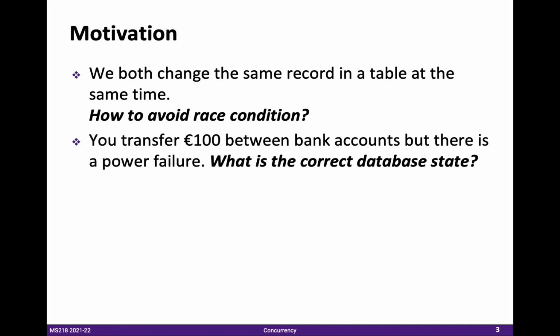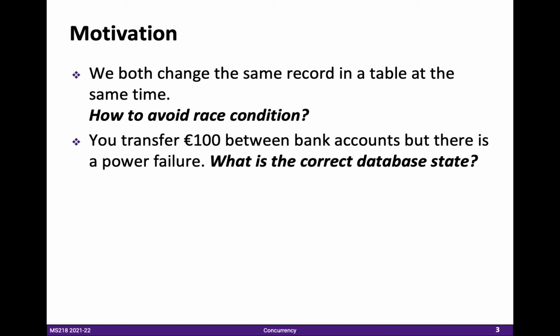So in this way, you see, in one transaction, we have to execute multiple SQL statements at different locations, because the AIB server would be in one place and the Bank of Ireland server would be in a different place. But as a whole, this transaction should be monitored or controlled in such a way that it should be executed successfully, or if it fails, then all the involved SQL statements should be rolled back.